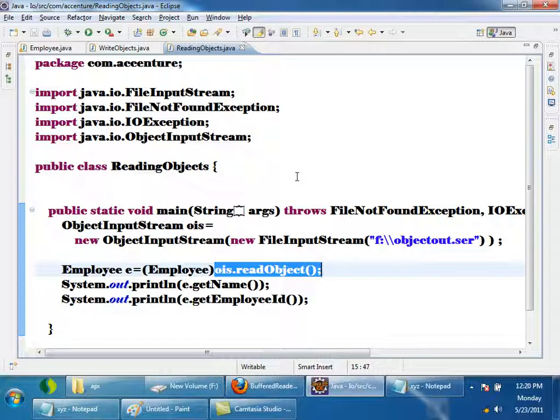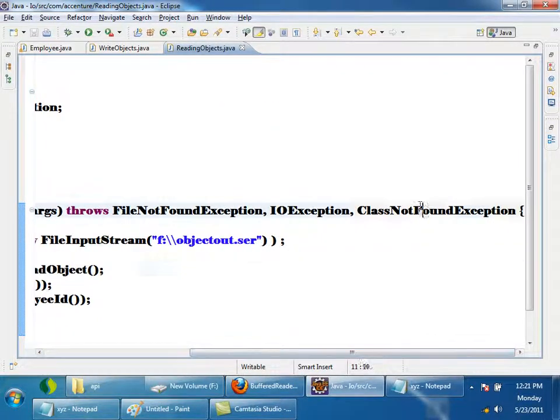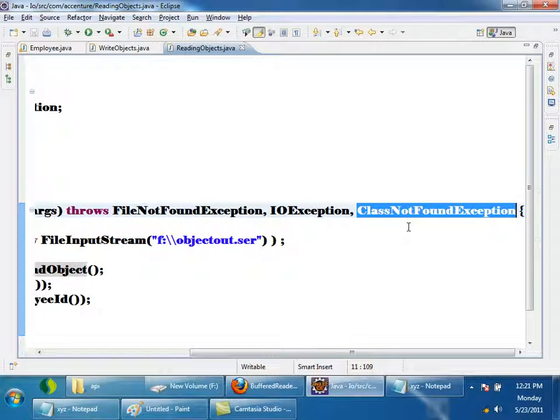First, it will read from that file. Once it reads from that file, it will understand that it is an Employee object which it is reading, right? There will be some information about what object it will be reading. So what the readObject method will do is try to load Employee.class inside the JVM. First Employee.class will be loaded. If the class is not found, it will throw an exception called ClassNotFoundException. If you have observed, it has thrown ClassNotFoundException.